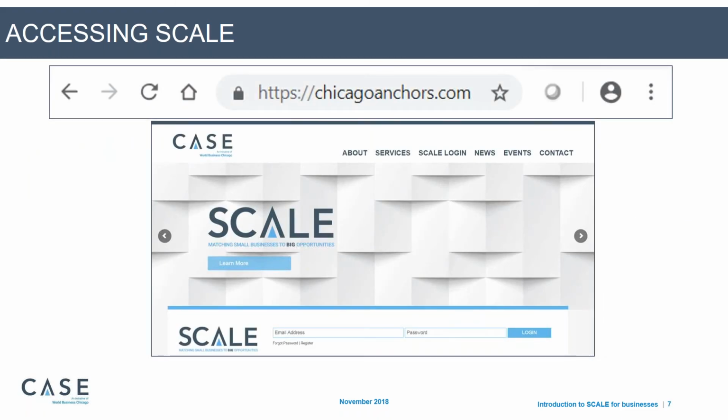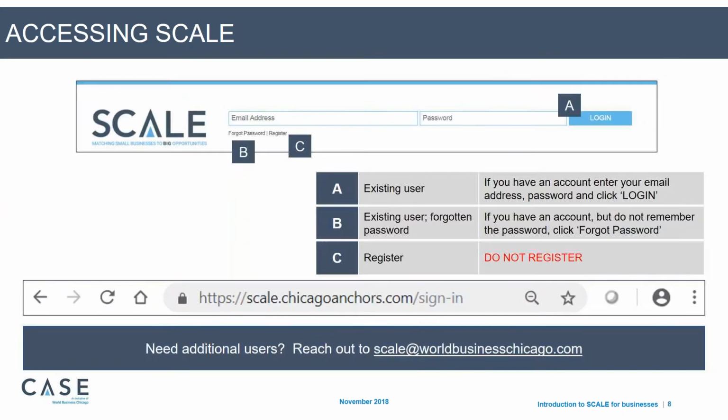This is the website where you will access Scale, our refreshed chicagoanchors.com. This is the login box. There you'll note there's A, B, and C. A is where you would log in as an existing user. You enter your email and your password after you've received the invitation and created your account.